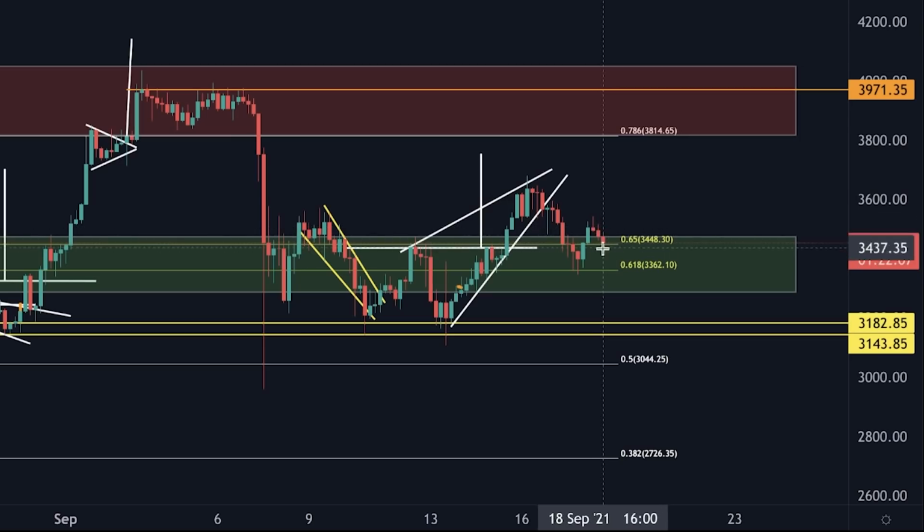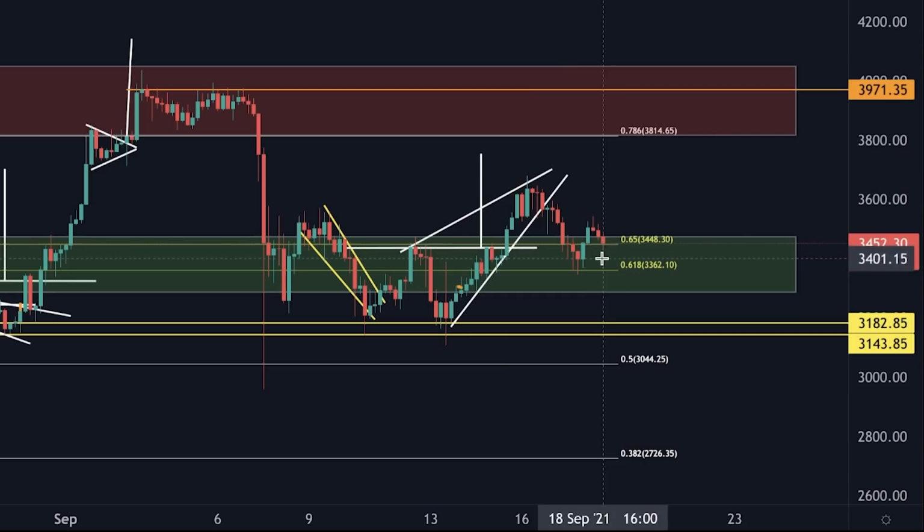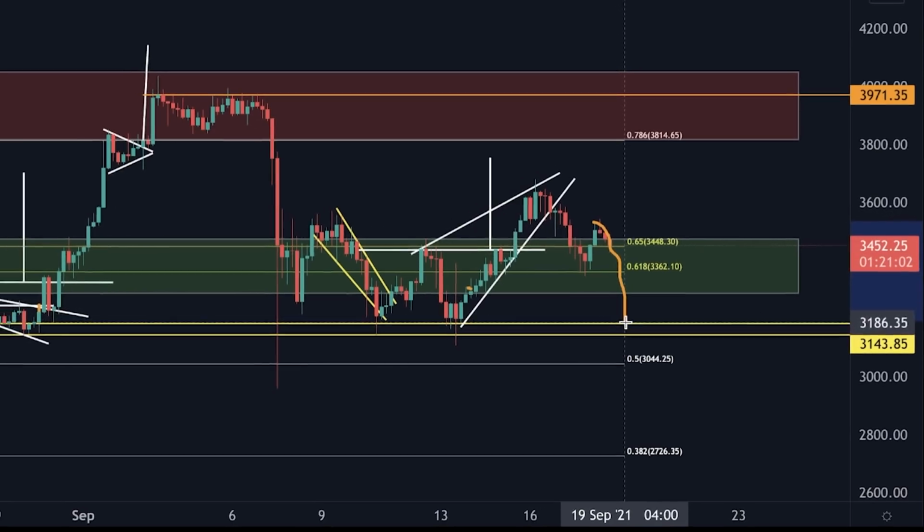We can obviously also turn around earlier, because we are sitting here at the golden ratio, which is always a really good support level. So it could be that we get a little bit lower, get a bounce, and then move to the upside. But the technical target of the rising wedge is all the way down at $3,182, and we should be prepared for that. So if we get under 3,448, that could also be a nice opportunity for people that would like to short. But like I said, personally, I am not a huge fan of shorting, but people that like to short could take advantage of a move all the way down to